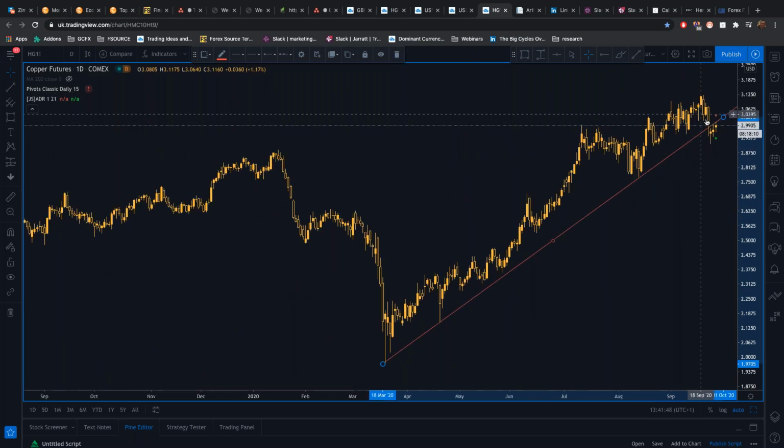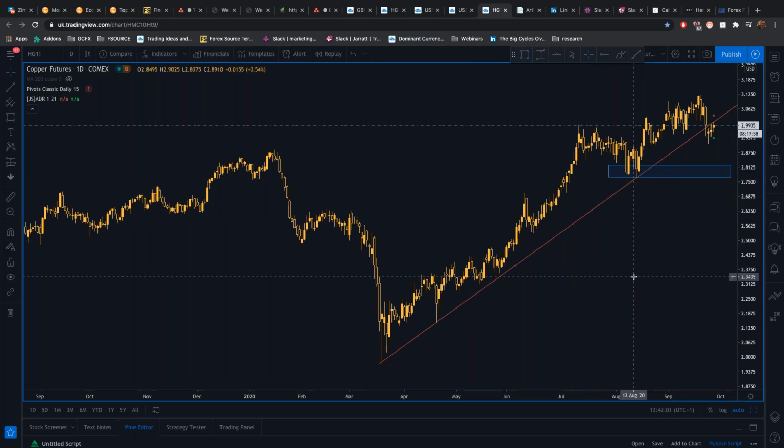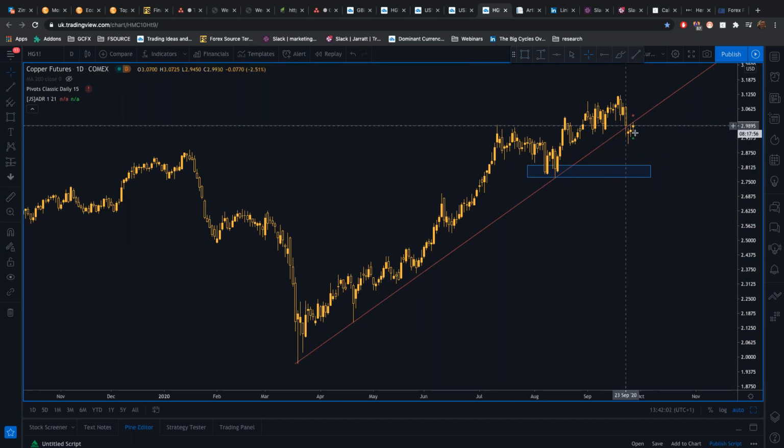Stocks running above the highs, looking for a move back down to that 2.80, this key support area here. This looks an attractive area for copper sellers to take profit. So I'm looking very carefully and actively for copper sellers from market. Stops will be obviously running above those highs. So that's one to be looking out for.